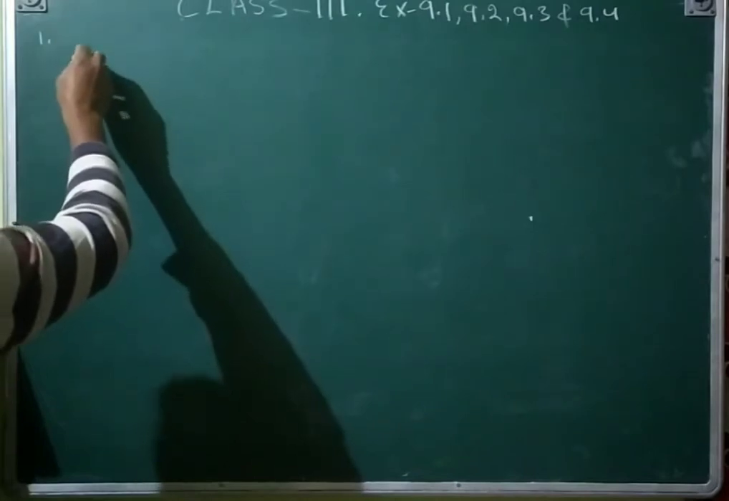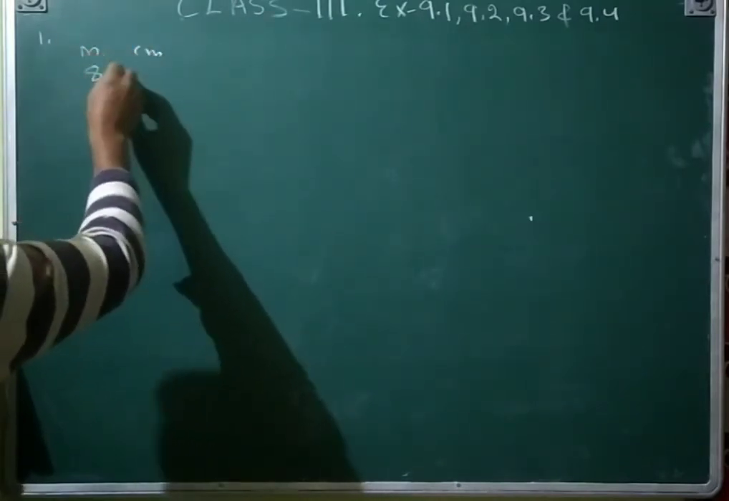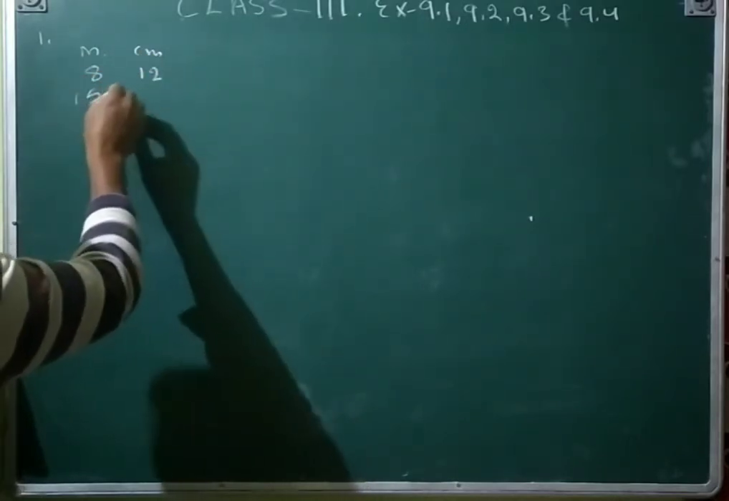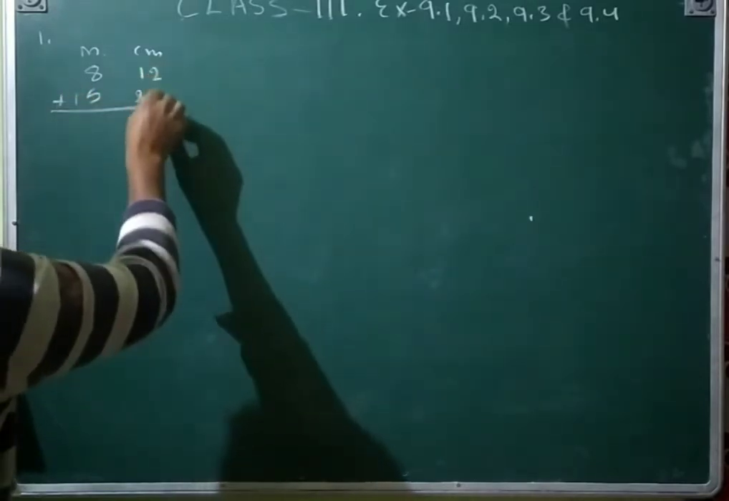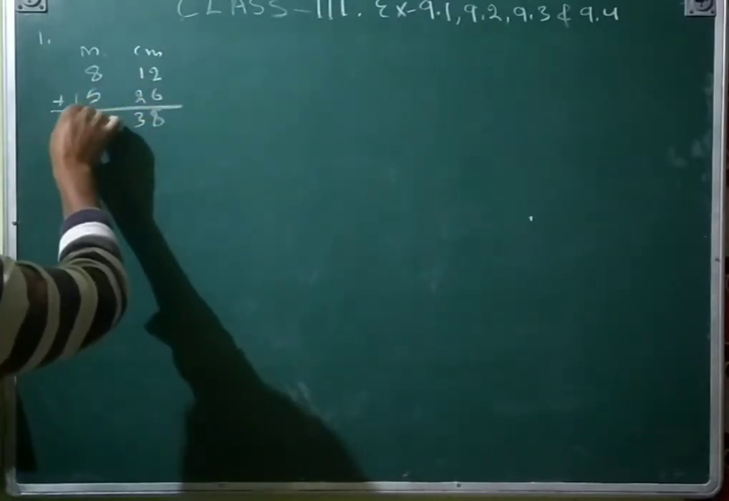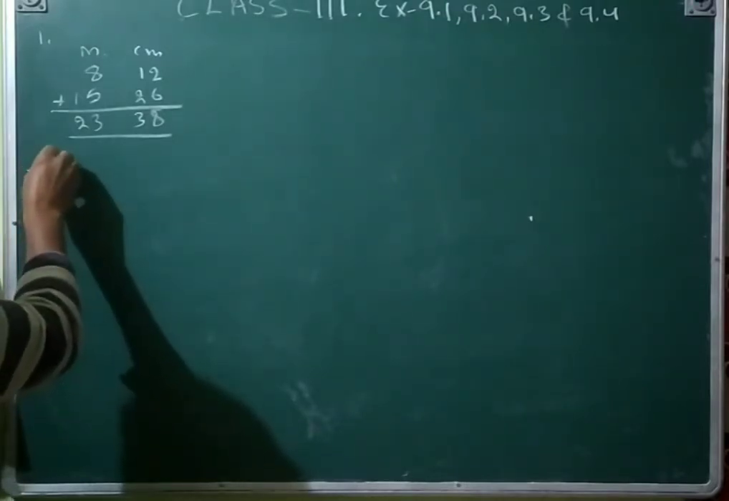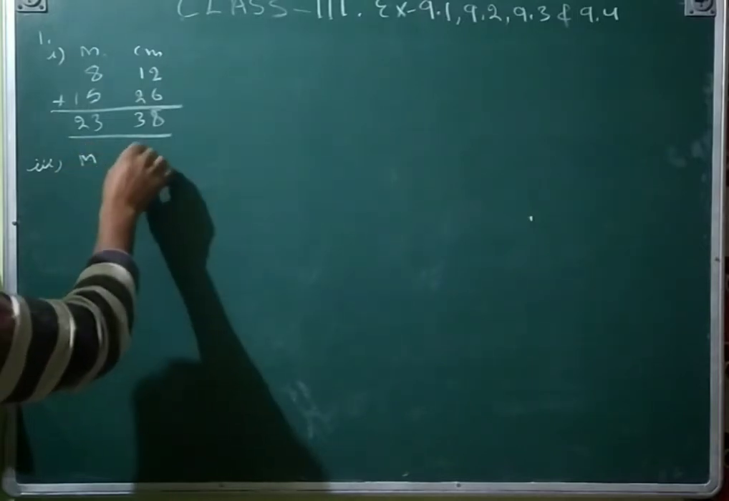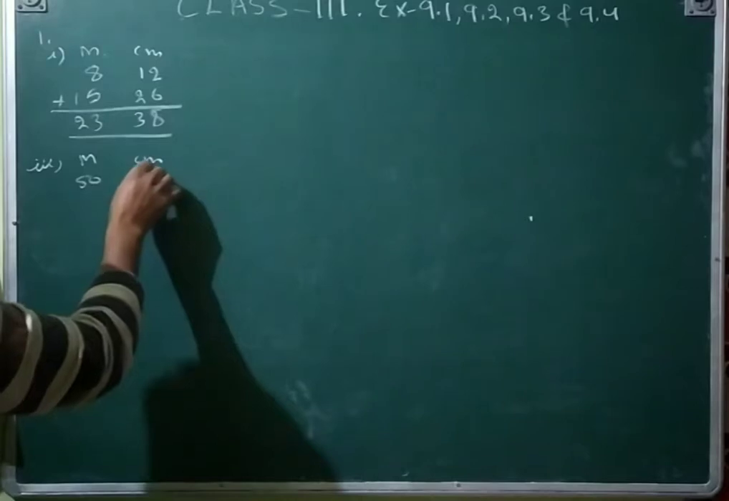First, meter, centimeter: 8, 12, 15, 26, and then plus. That will be 6 plus 8 is 14, carry 1, 3, 8, 5, 13, and then carry. Then the third part. This is the first part; second part is done by yourself. Centimeter: 50, 17,